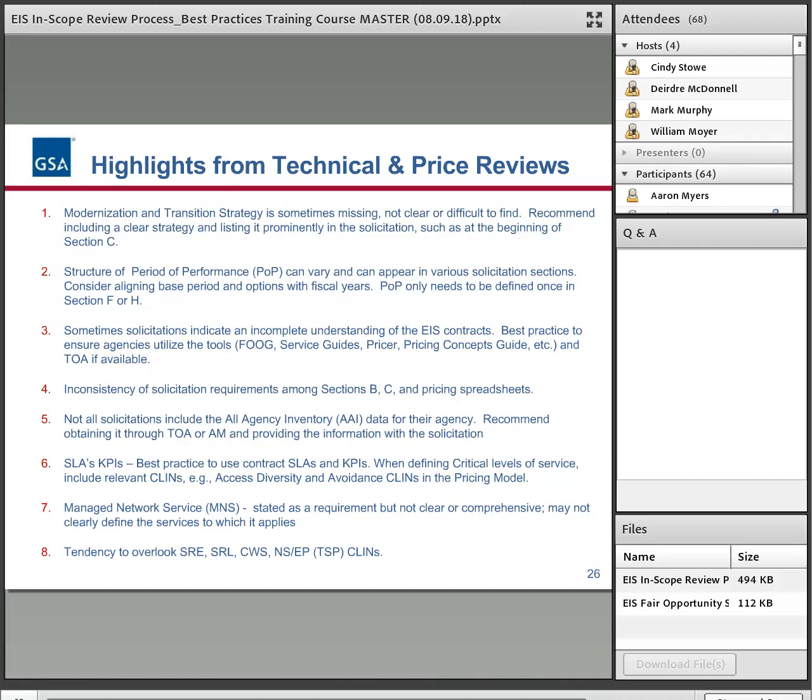And for putting the period of performance, we're recommending Sections F or H and specify it once. We've seen solicitations where it's listed multiple times, and that can lead to confusion and errors if it's different in one section versus another.